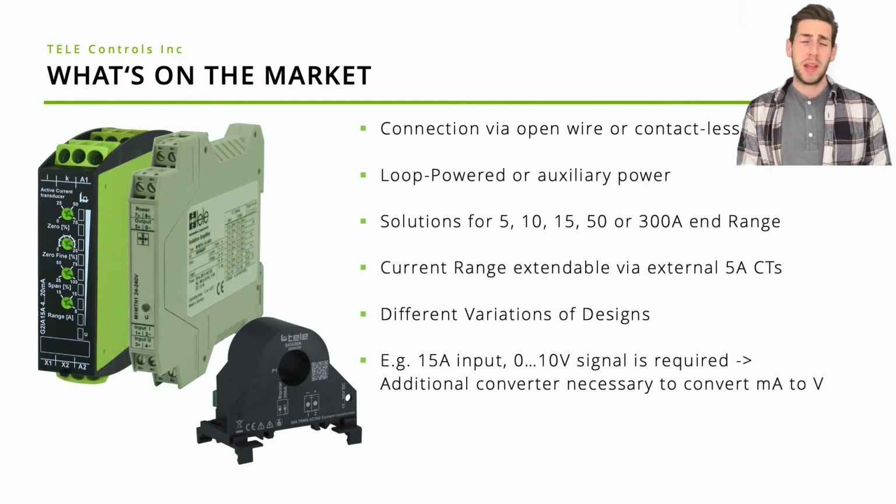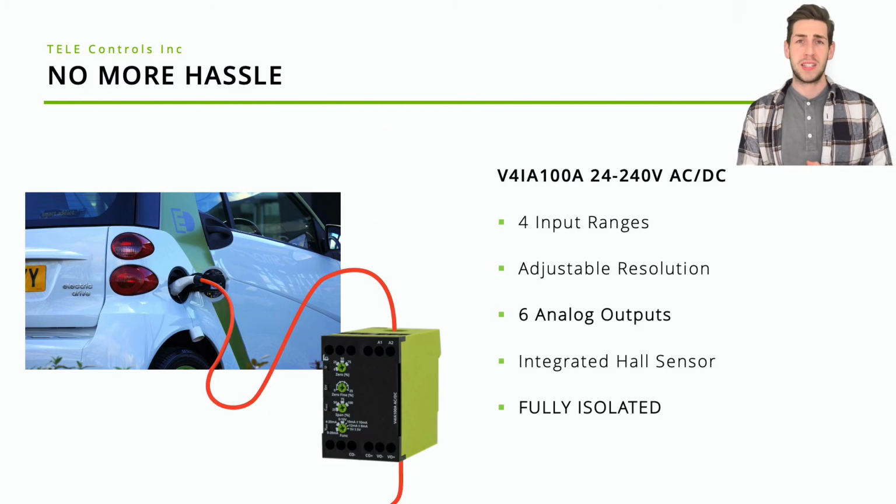Of course, depending on the purpose of your transducer or the application, you might also need some additional designs or varied capability. Now, what Tele did is we improved that technology so that you only need one device to solve all your transducer problems. We have up to 6 analog output ranges, and you can also measure any AC or DC current from 0 to 100